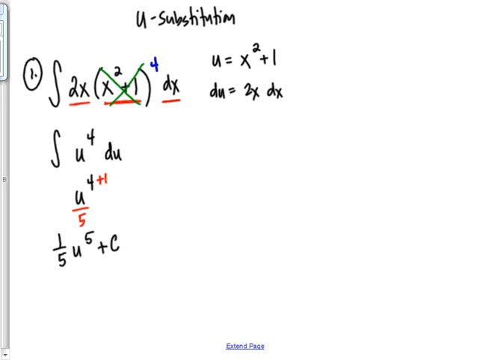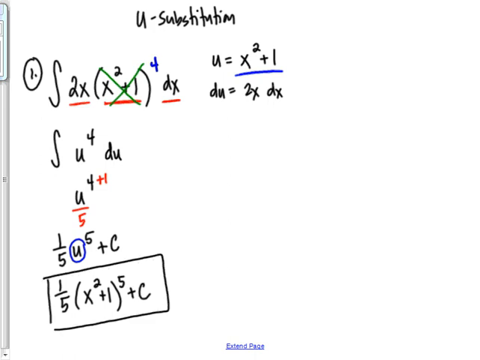Now the problem is we started in x's, so we can't end in u's. So your very last step is you're going to replace u with what u is from over here. So the answer is 1/5 x squared plus 1 to the 5th plus c. Okay, so find u, find du, make sure you have it, and then you can integrate it like normal. Just don't forget to go back and put the x's in instead of the u's. Okay,